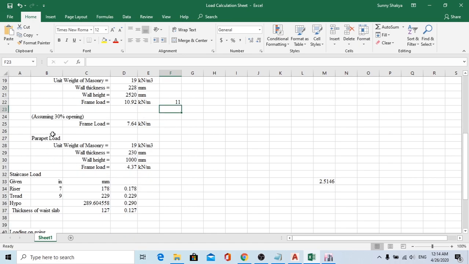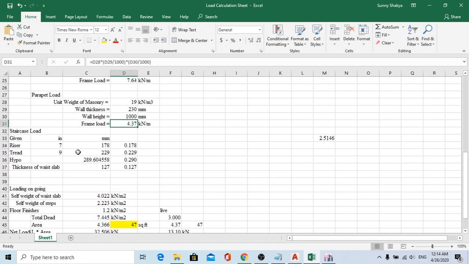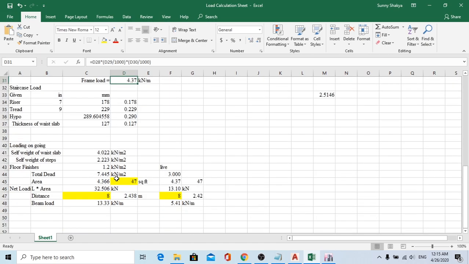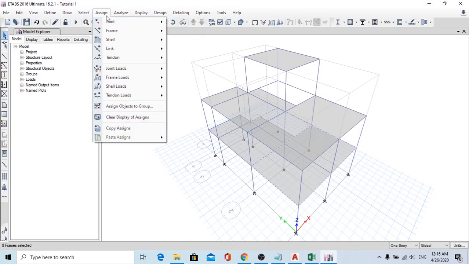And the parapet load is for terrace parapets. The same is calculated using the wall height, here the parapet height. We have included 3 feet 3 inches as the parapet height, and the frame load over here. For the staircase we have calculated the staircase loading, as we have not modeled the staircase in ETABS. Calculate the staircase loading. To apply load, go to assign